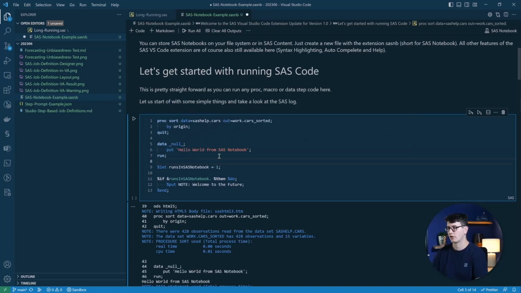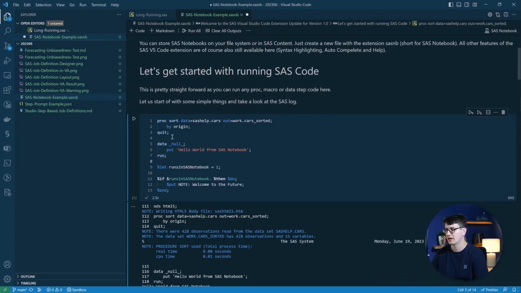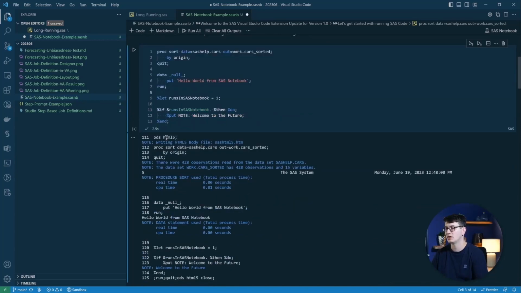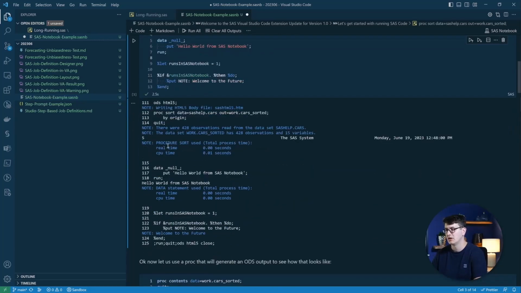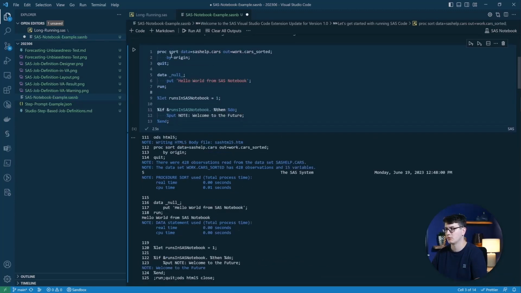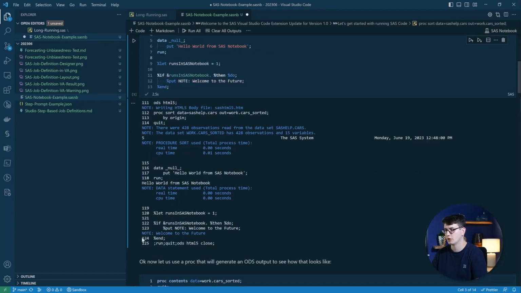So we have this whole cell, and again here we can run it by clicking either the run icon or hitting Control Enter, which is what I'm going to use, and then it will put all the SAS log down below, and you can see you also get highlighting in here. For example, here we generated a note in our macro code, note welcome to the future.